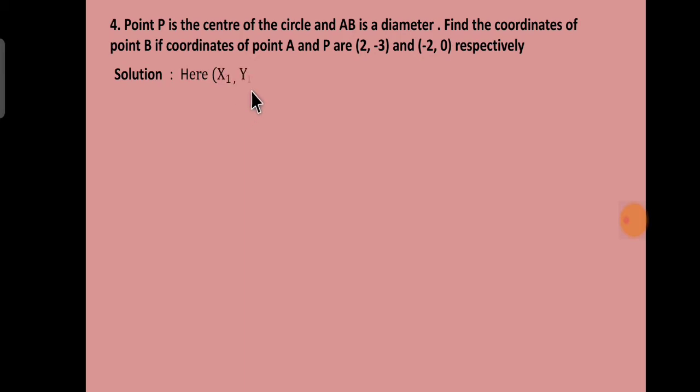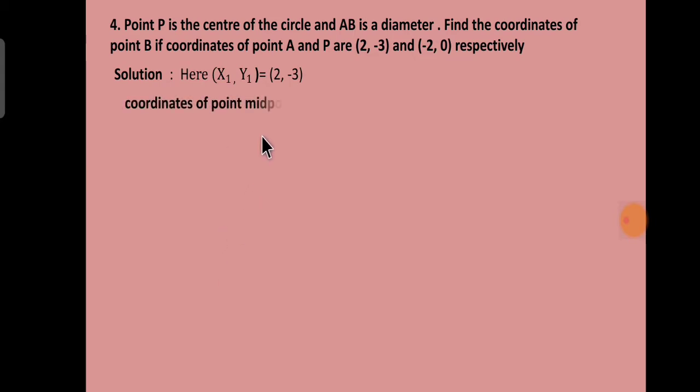Here x1, y1 is equal to 2, -3. A चे कोऑर्डिनेट हे आहेत. These are the coordinate of point A. Therefore x1 is equal to 2 and y1 is equal to -3. And